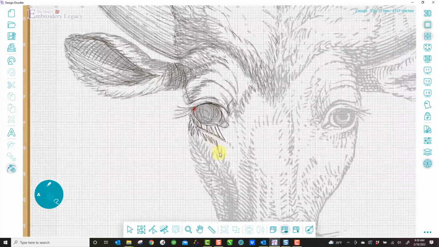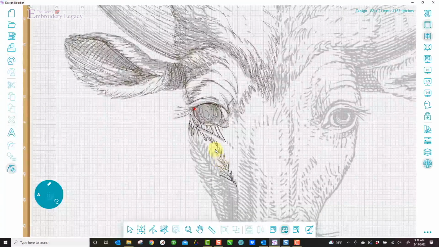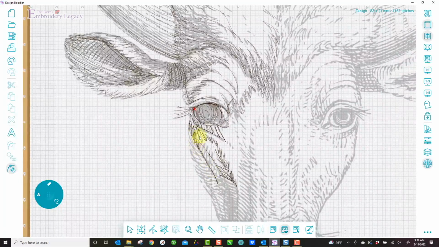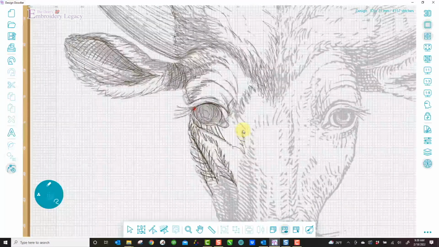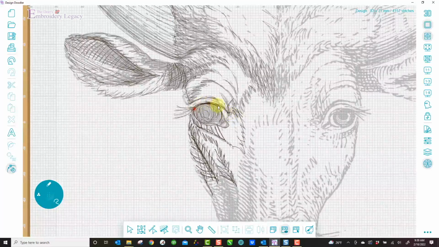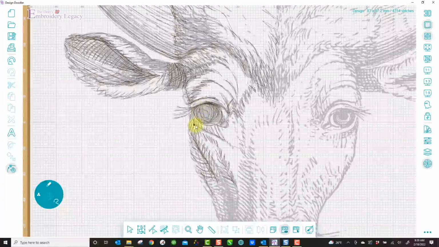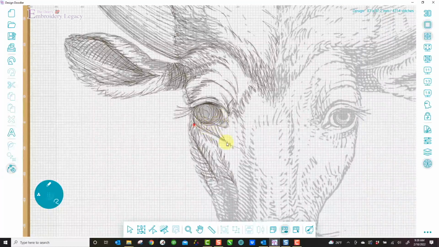And what's fun about the Doodler is, unlike traditional digitizing software where you are placing each and every node, you're just having fun sketching on the screen, creating some really fantastic designs just with the tools of the basic running stitch and fill stitches. You will be amazed at what you can create with this. So I'm going to come down here, just work your way around. Remember, this is a sketch or a doodle. So again, turn off the true view, and I'm just going to come through here